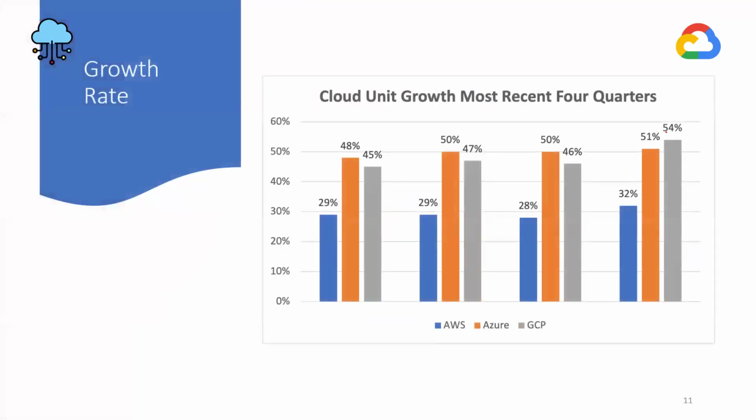And one more thing, you can even look at the growth rate. If you look at the growth rate from the last quarter for AWS, Azure, and GCP, the growth rate for GCP is increasing. That is, the number of companies that started using GCP from last year to this year, last quarter to this quarter, is more. So that's the reason there are a huge number of opportunities.